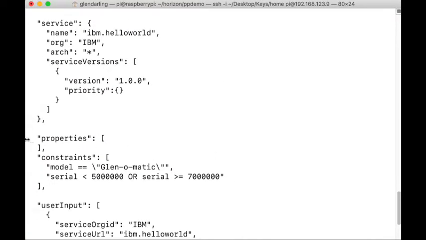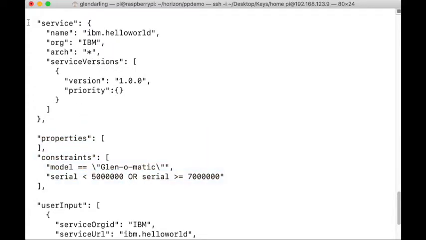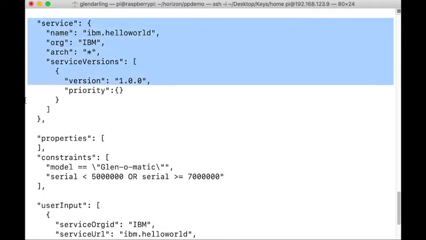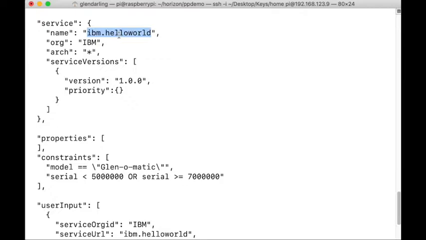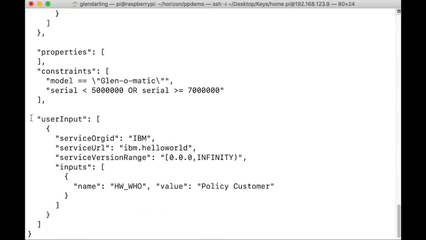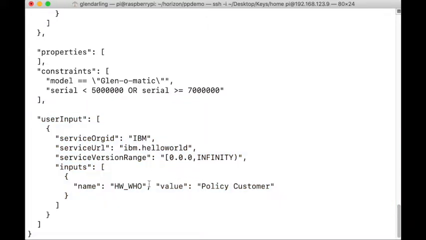And like the node policy, it has properties and constraints, and we'll talk about those in a second, but it also specifies a service. So it's this service that it's going to run, and hopefully that looks familiar to you. It's exactly the same service containers that'll be run for that. And also, there's user input, which looks very similar to the user input that I provided when we used the